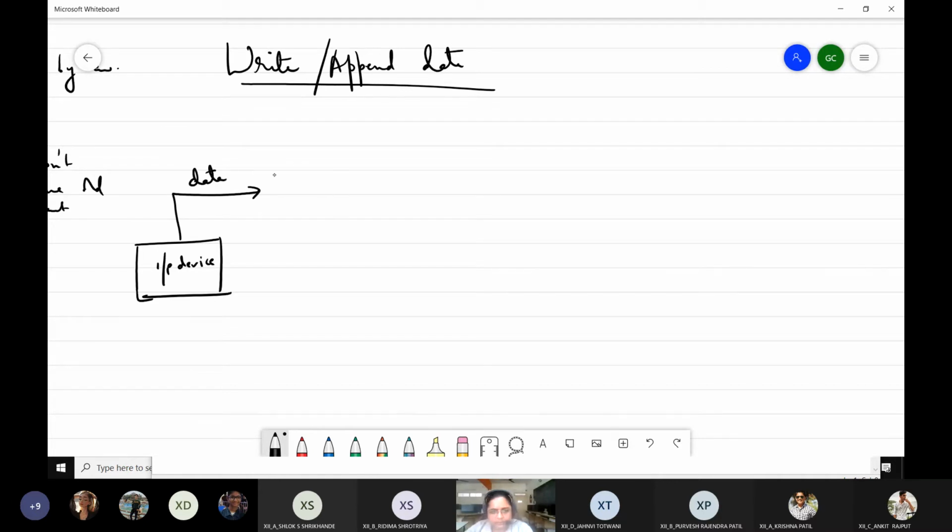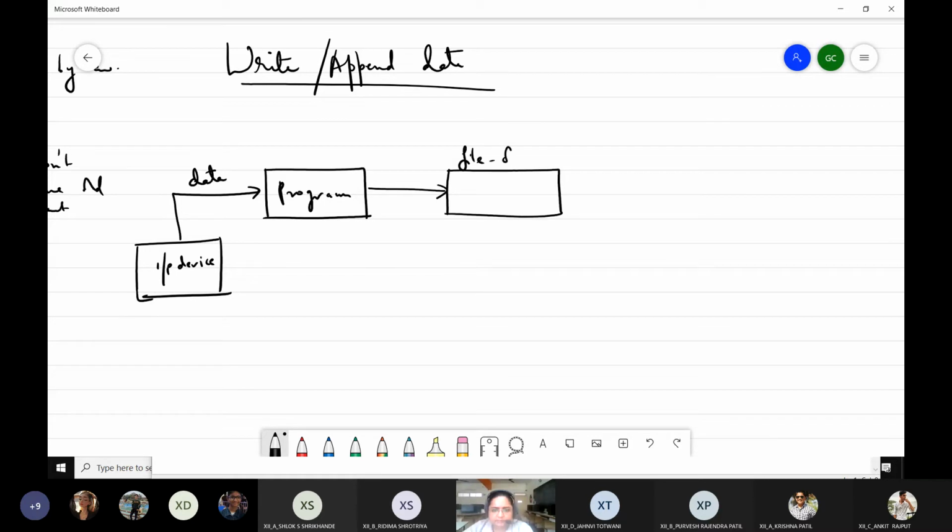User enters the data from the keyboard, which goes into your program, the Python program. Right? Now what the Python program is going to do is, it is going to make use of a temporary memory area. It is going to make use of an object known as a file object.